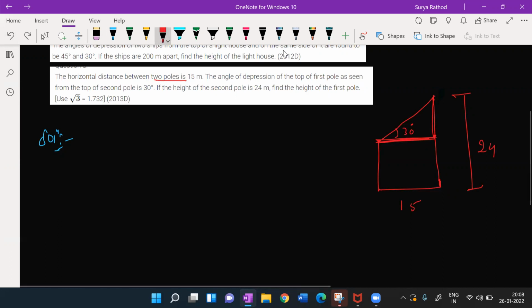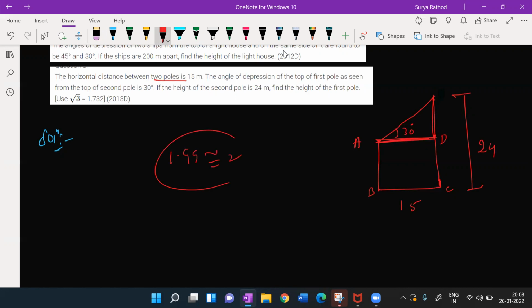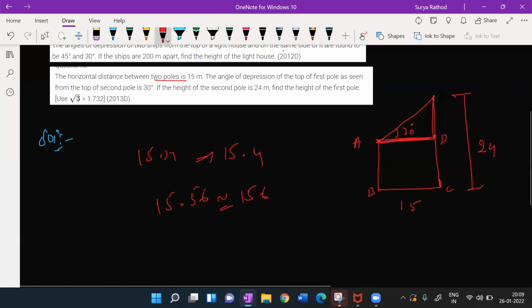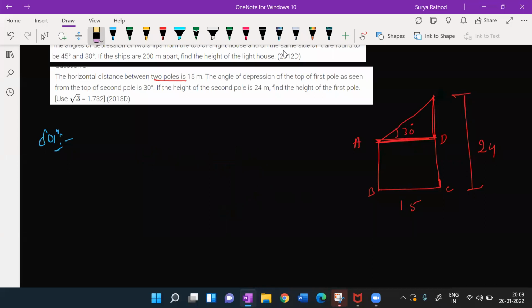But can we round it off? Yes, you can round it up. If it is 1.9 and something, you can round it up to 2. But not that much difference. You can't write 15.34 as 15.4. If it is 15.56 something, you can write it as 15.6. If you are above 0.5 in the decimal, then you can approximate and round it up to the next decimal, but you can't round it up to a huge one.